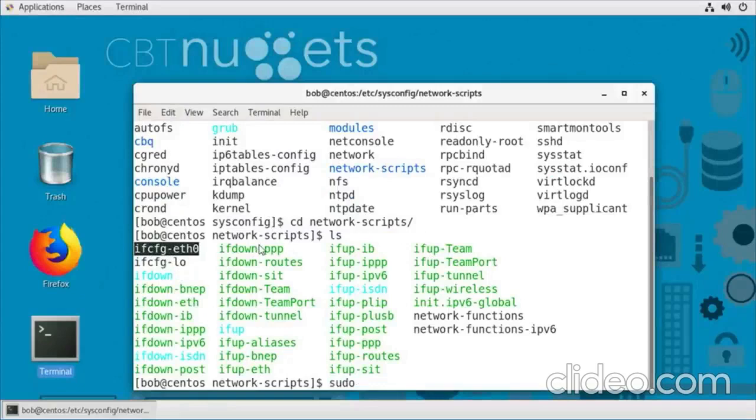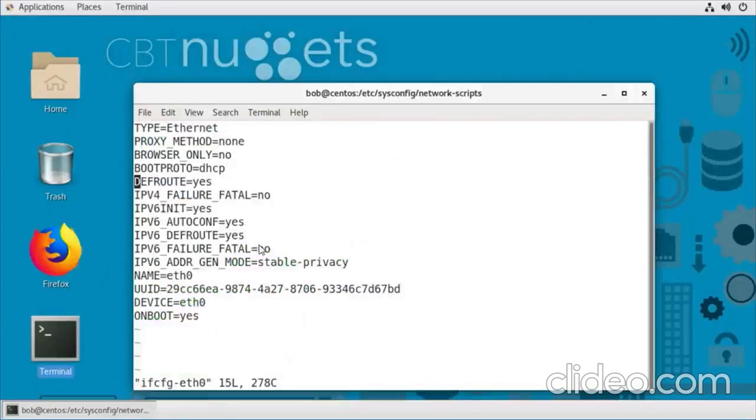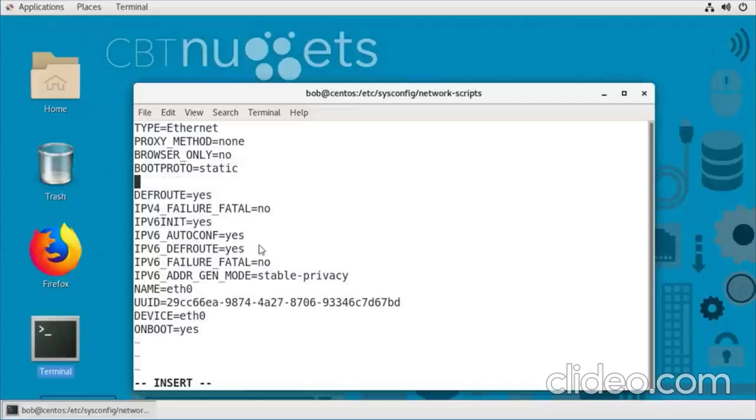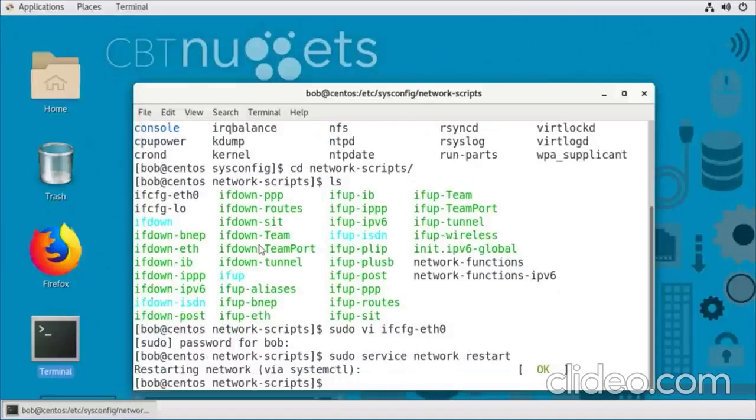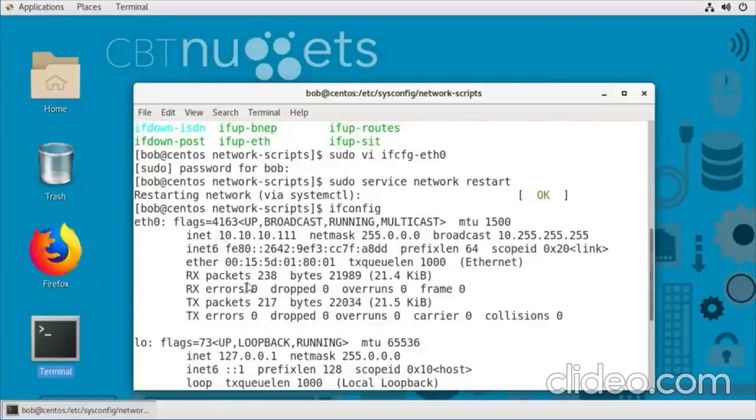So let's look at that. If we edit this, it's going to change the way our network interface comes up. Like if we were to change BOOTPROTO from DHCP to static, and then we were to add a line IPADDR equals, let's say 10.10.10.111, which is not currently the IP address. If we were to do that and save it, and then just do a quick sudo service network restart, we would be able to restart our service. And if we were to do ifconfig, we're going to see, scroll up here. Sure enough, that is our IP address now. Now, there are a couple problems. We didn't